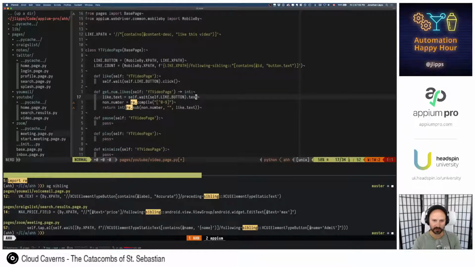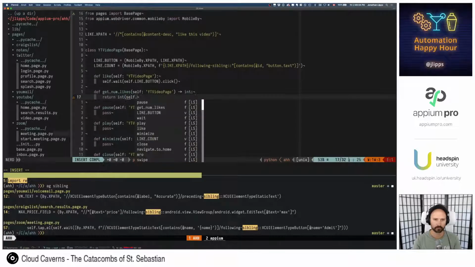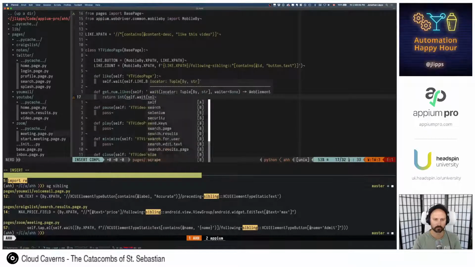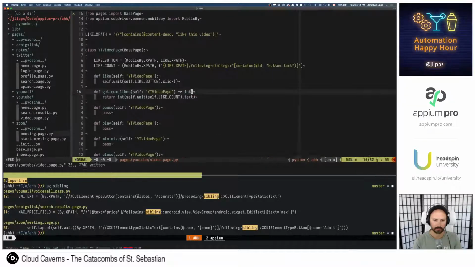Let's see if this works. So, now we can just return this though, because it is itself a number. Okay, so get number of likes should now work, so that would help us.